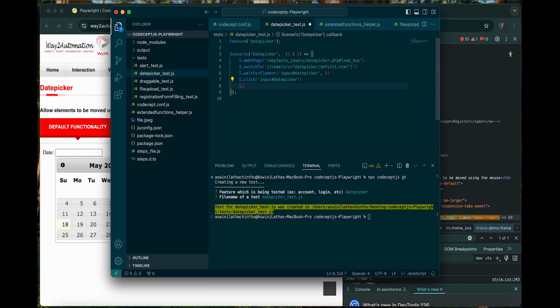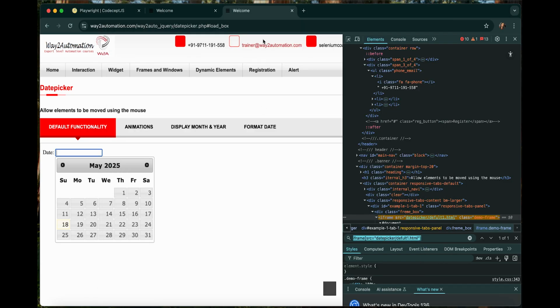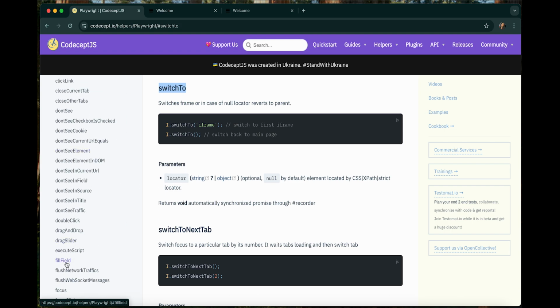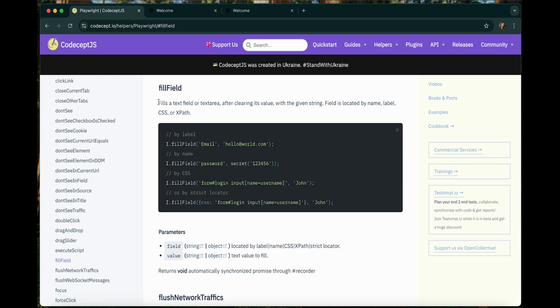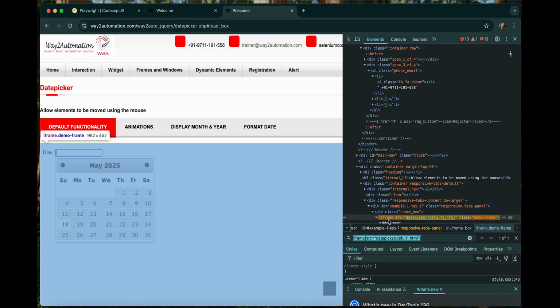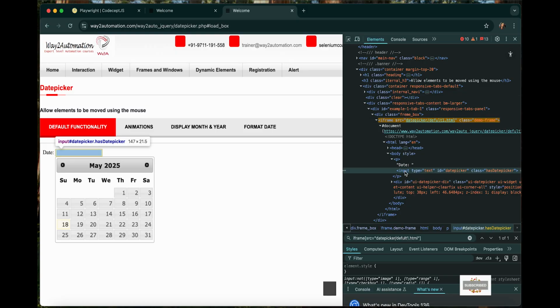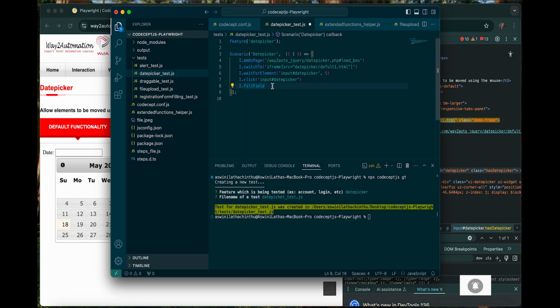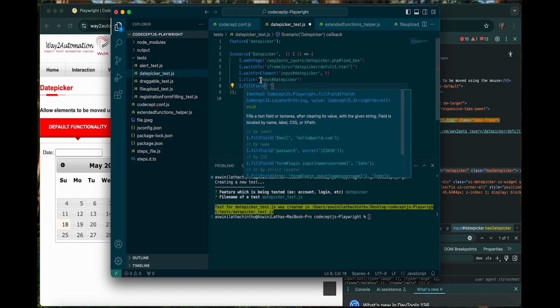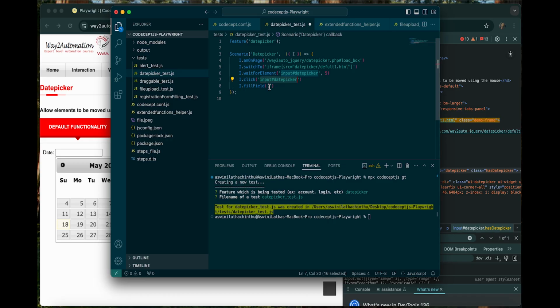I'm just going to give fillField. Here also, if you see, we have fillField, which fills a text field or text area. As here, if you see, it is an input tag, we can use this fillField function. For that, what they are telling is, first we need to pass the locator, and then we need to pass the text that needs to be filled. So I'm going to give this, and then